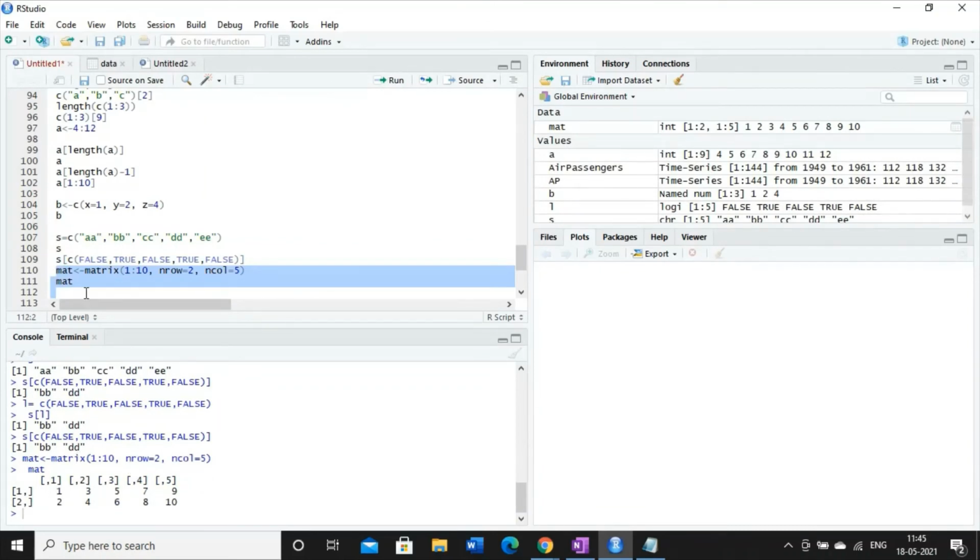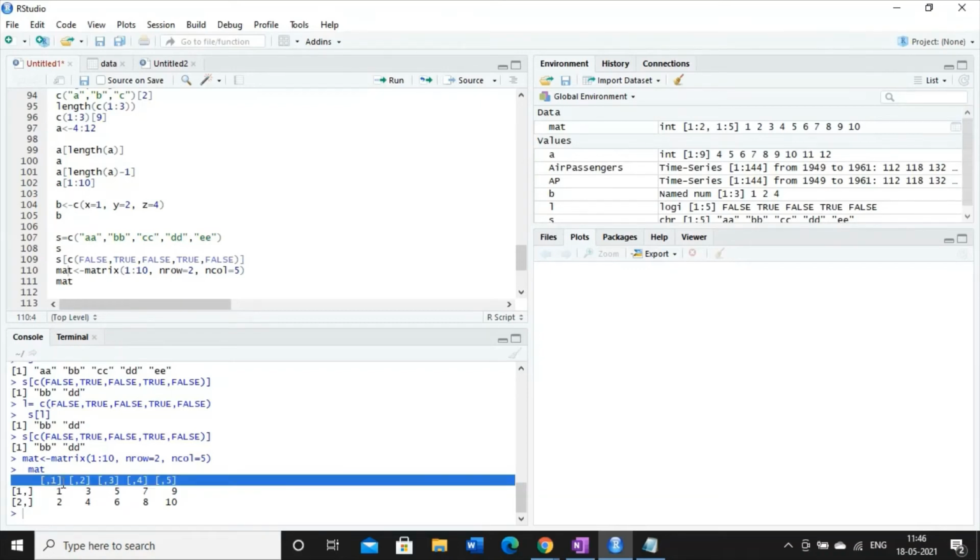See, whenever I am executing this created matrix, it is showing that we have 2 rows and 5 columns. But see one thing, whenever they are displaying the column, they are writing square bracket, comma 1, square bracket, comma 2. So try to understand, whenever you find that some square bracket is written and you have 2 dimensions, and the first dimension is missing, the second dimension is provided, then you can understand that it is a 2D vector, meaning it is a matrix.